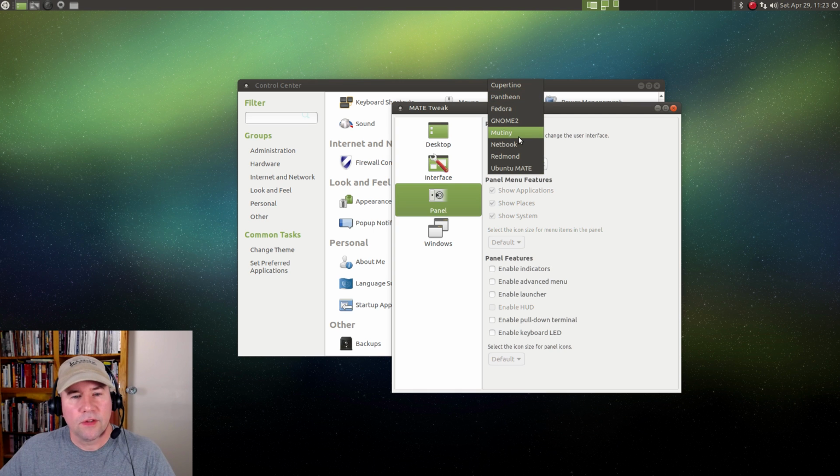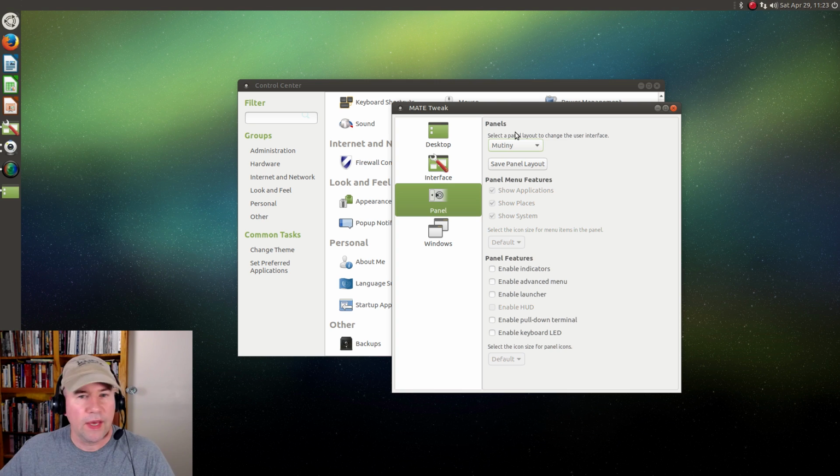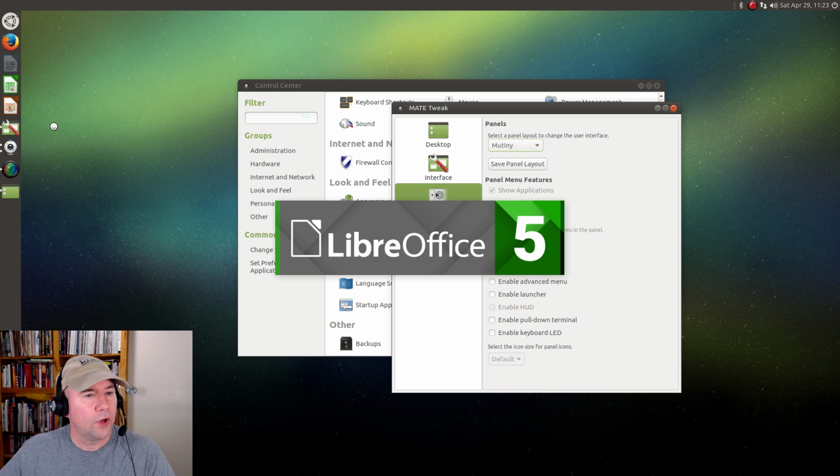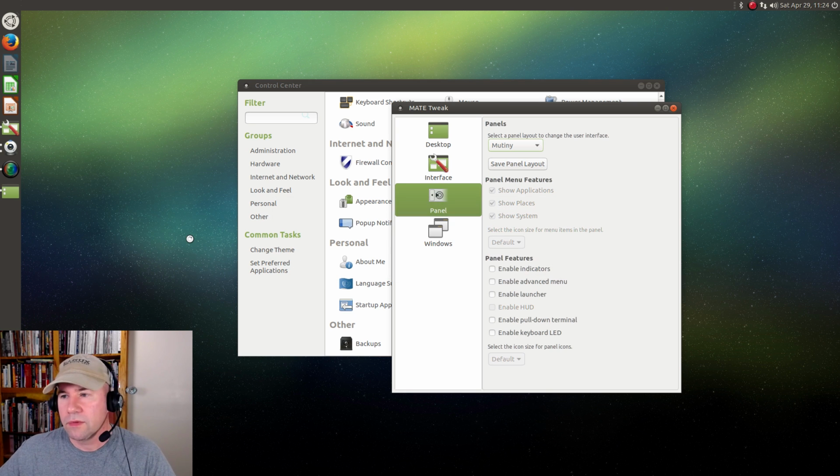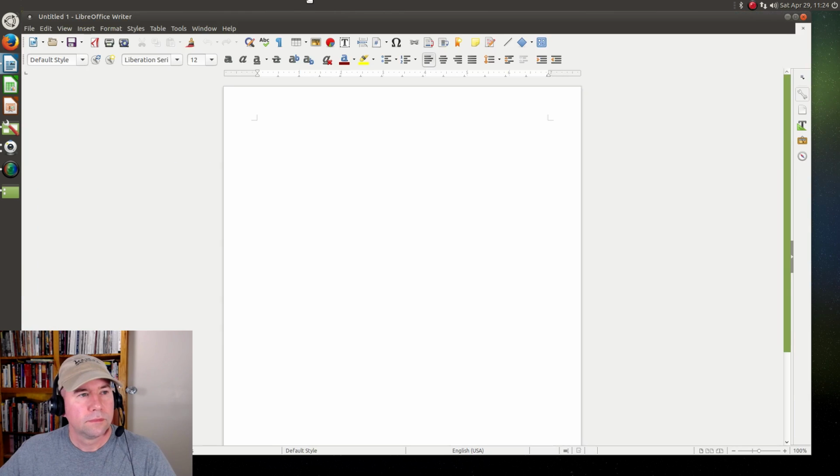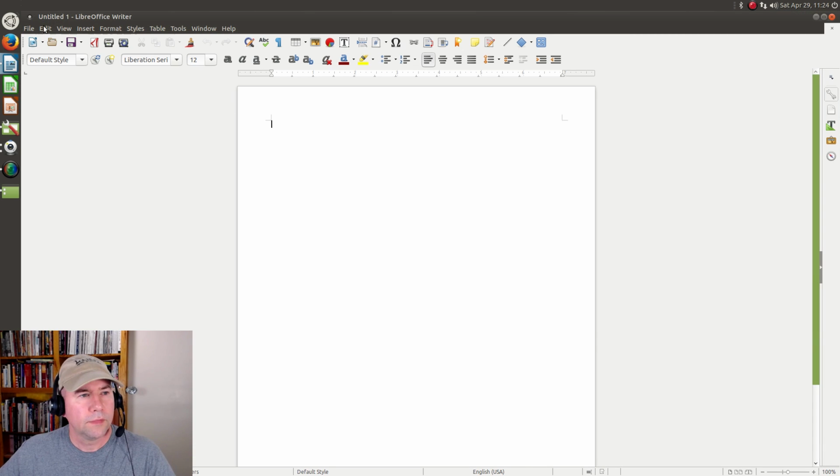But this, let me find it. This Mutiny, this one's pretty interesting in that it gives you something similar to Ubuntu's Unity layout. You've got a panel with launchers over on the left-hand side. You've got a single bar running across the top, and I believe, let me open up LibreOffice here, I believe that it'll also do global menus, so you have menus up in the panel. Let me fire this up and see if it'll actually do that. No, at least it doesn't on